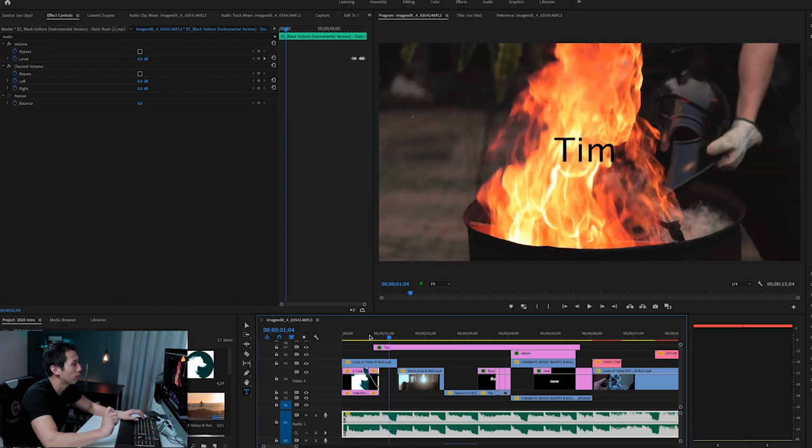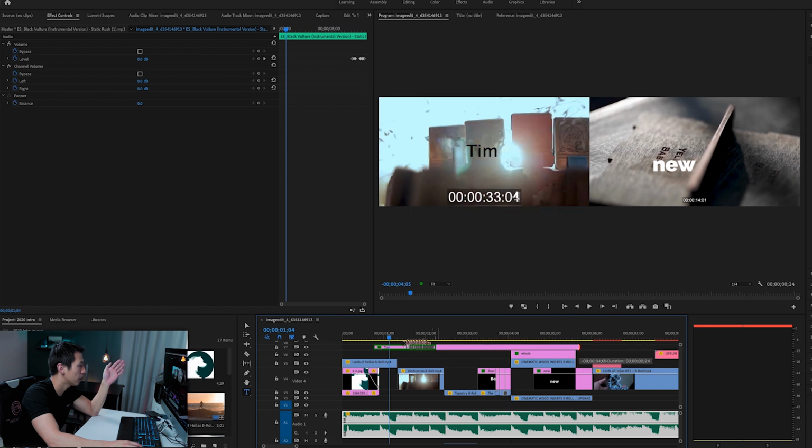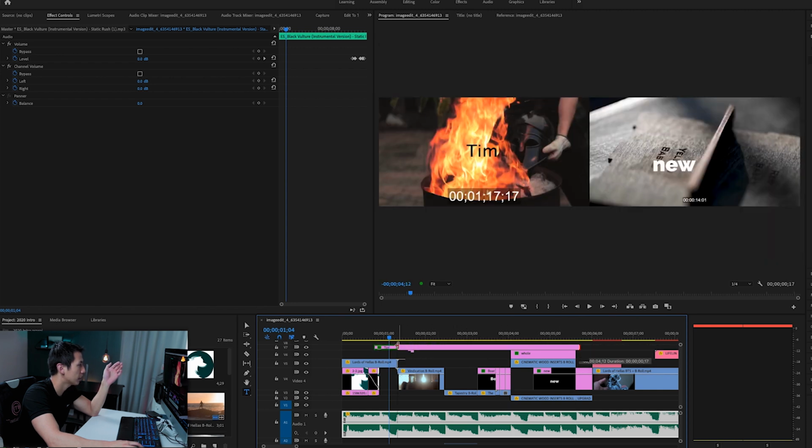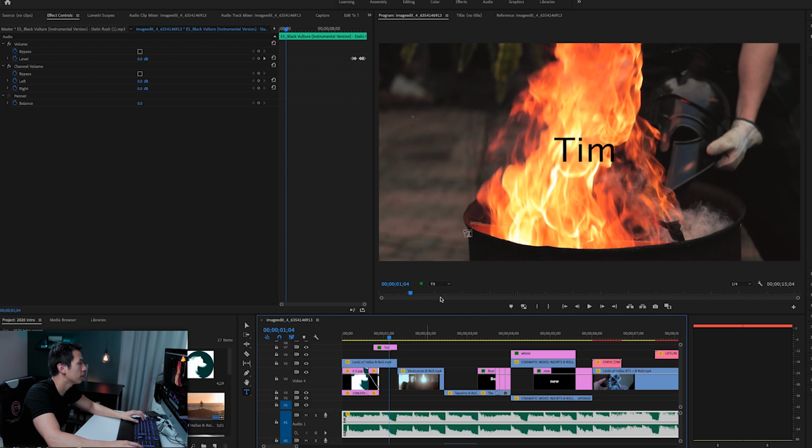Okay, so right then and there, you want it to stay on the screen static just for a moment. That way people can read it. And then I want it to shift up as you go into the next clip, which is for vindication. So I'm going to go ahead and drag the text all the way so it ends right before the second clip. And then I want it to move up. In order to do that,